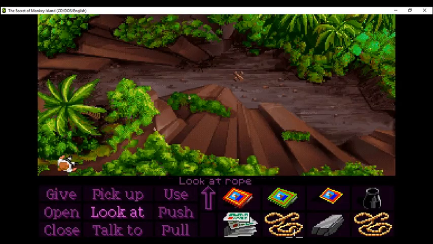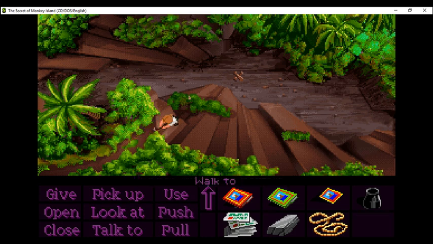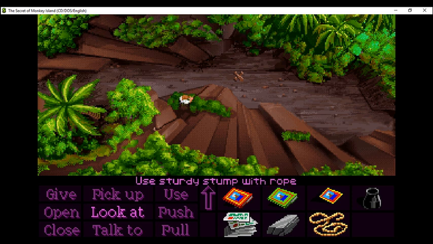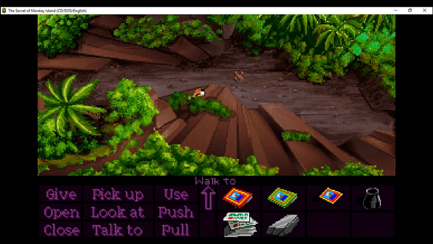And now we need to use the rope with the branch to pick up the horse. The optimal strat here is start walking, use the rope with this, spam clicking to make Guybrush go down, click to make him walk, use the stump with the rope. If you're fast, you can do it without making Guybrush stop. You spam click, you pick up the horse, and you click away. Now, be aware that